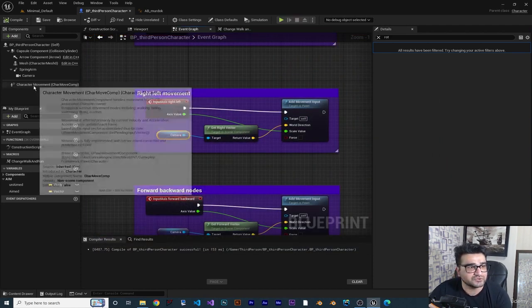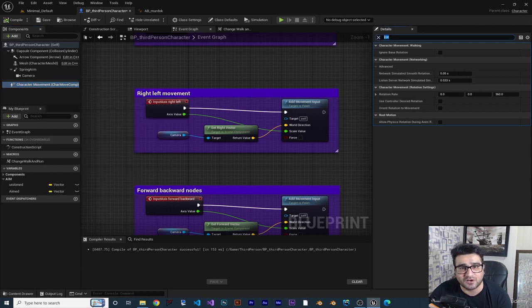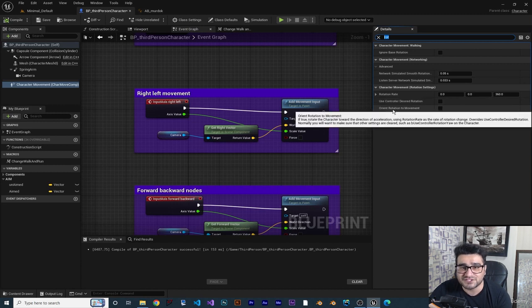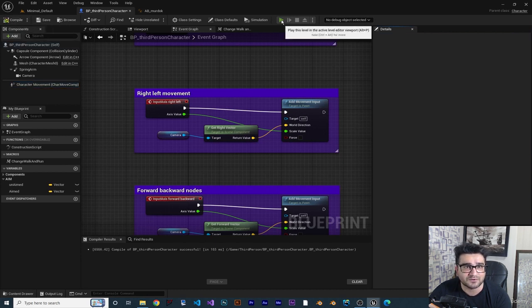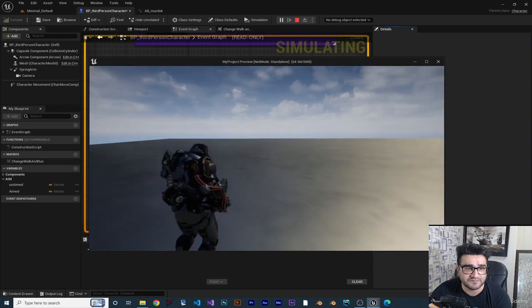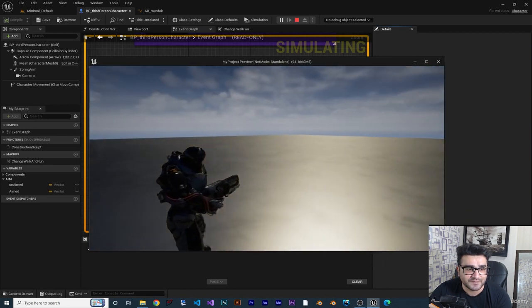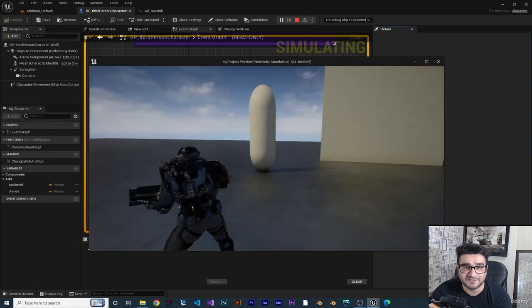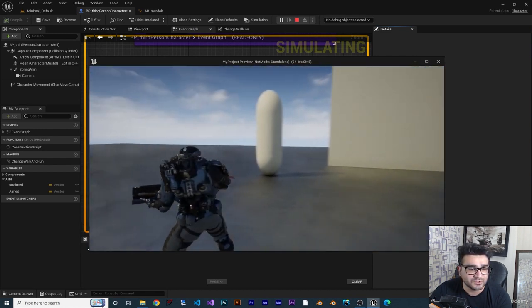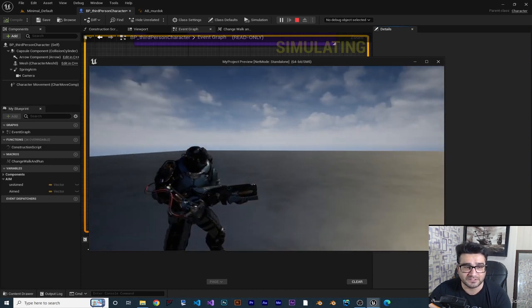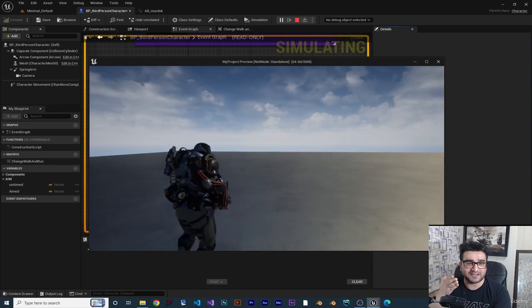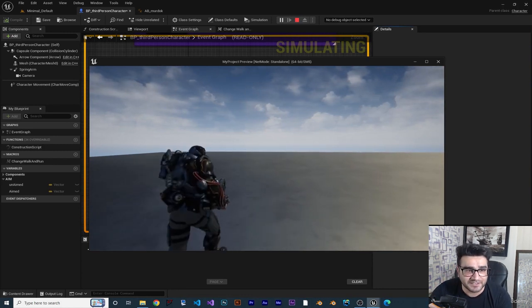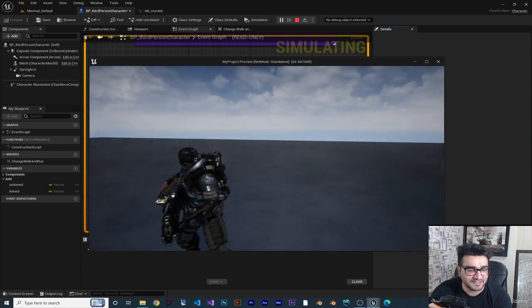Now it's time to go to our movement and search for rot. You can see there are some options here, and I want to change the option of orient rotation to movement. Just check this and compile and run. Now if I go forward, it is okay. If we go right, you can see it is okay. If I go to the right and left when we are at idle, it will go around our character. But if we go in this side and hit W, you can see it will orient itself to the camera forward direction, and it will go that way. You can see if I want to go back,